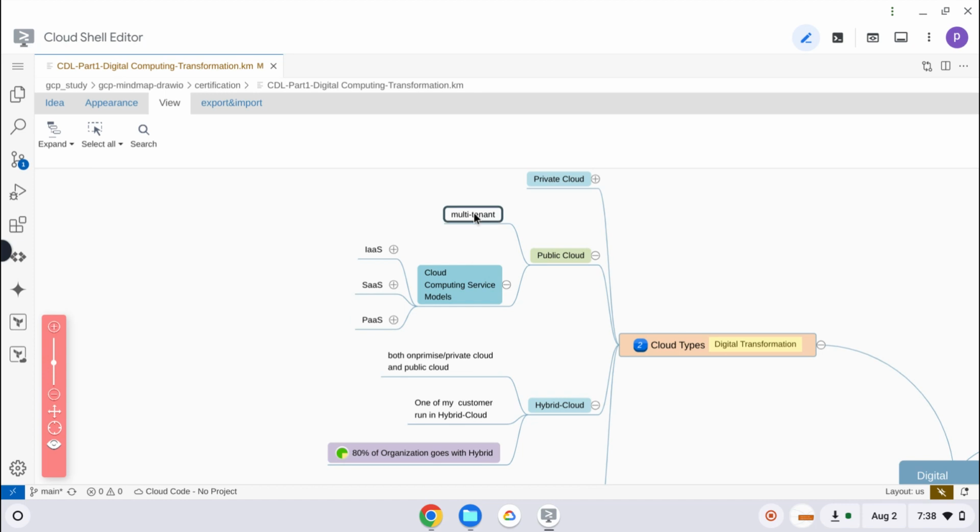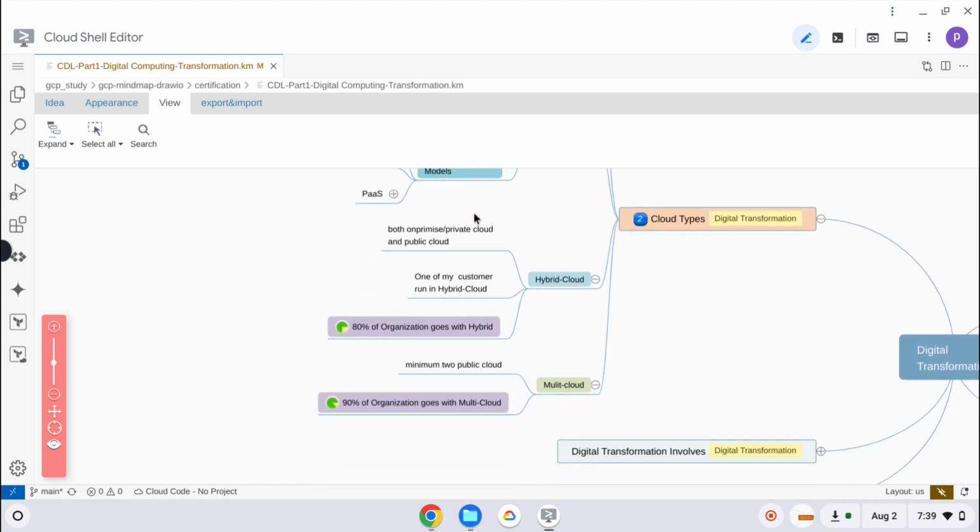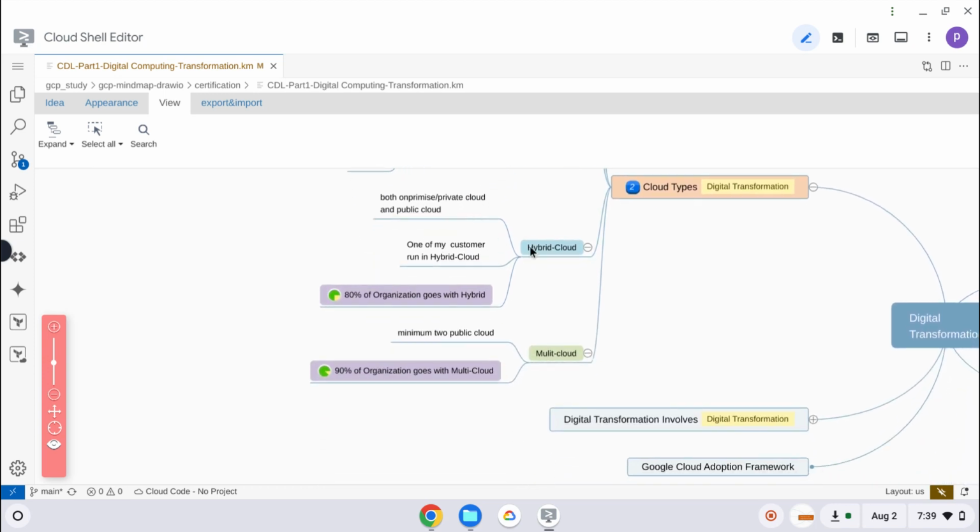If it is public cloud, there is a possibility of multi-cloud. All the major customers will have more than one public cloud, so they will not stick with only one particular cloud. This is true for any big customer or large volume of computing need. Hybrid cloud, you know that.